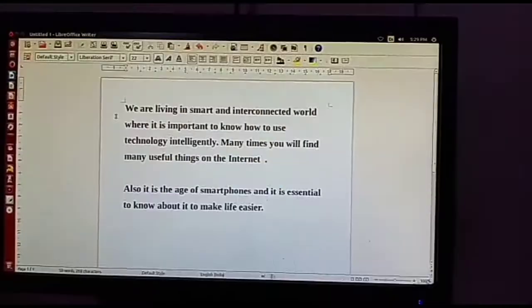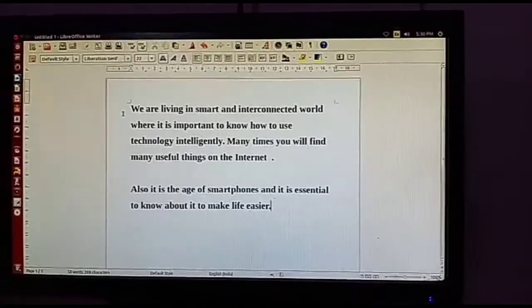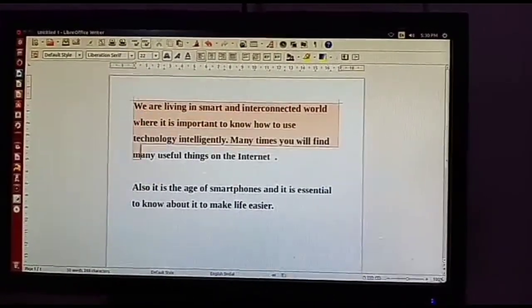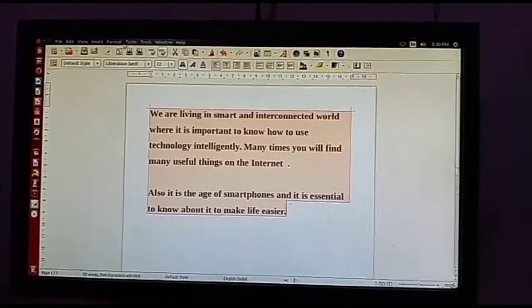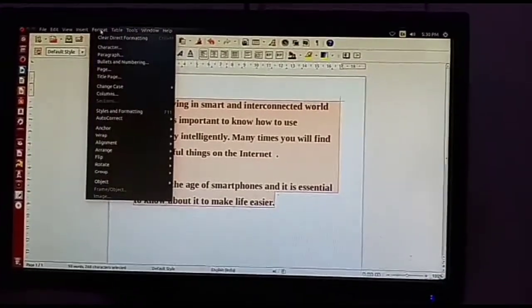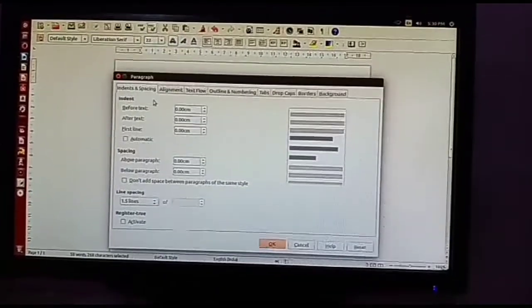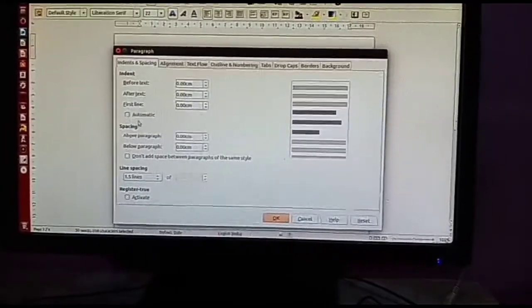Now students, after interline spacing, now I will show you how to give the space between two paragraphs. Here two paragraphs are already written in this page. Now if I want to change the space between two paragraphs, again we have to go to Format menu, Paragraph option. Here Indents and Spacing tab. Here the Spacing option is given.